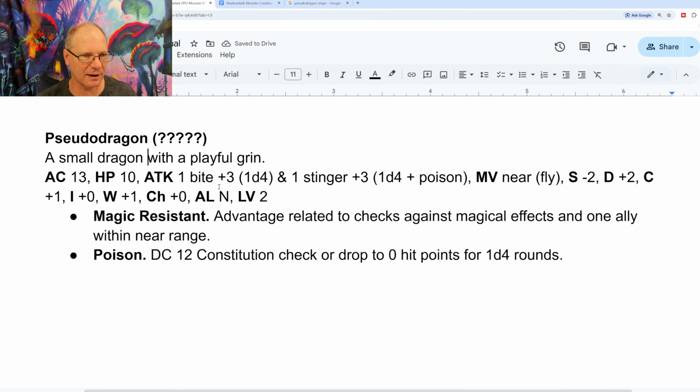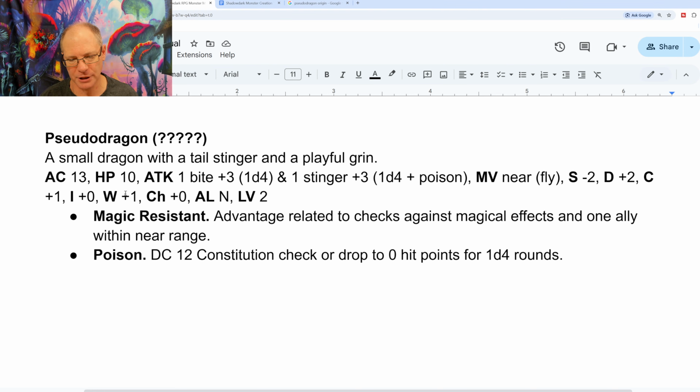We can extend its... extend here. A small dragon with a tail stinger and a playful grin. There you go. Cool. Right, the first thing we need to do is determine what our monster's